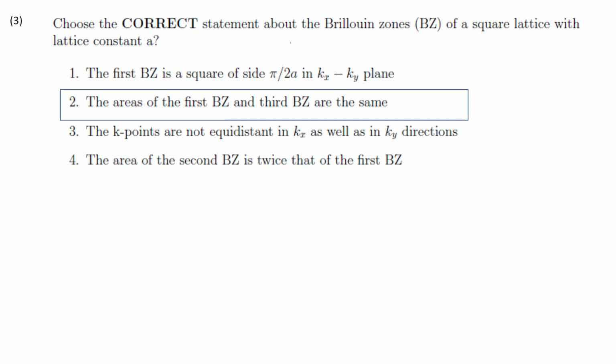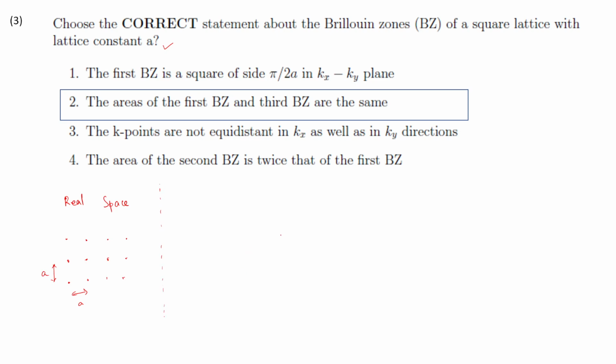Which is the correct statement about the Brillouin zone of a square lattice with lattice constant A? So let us see first how the Brillouin zone of a square lattice with lattice constant A will look like. In the real space, we have this. The lattice will look something like this. It is a square lattice, and the lattice spacing is A on both x direction and y direction. So the corresponding,